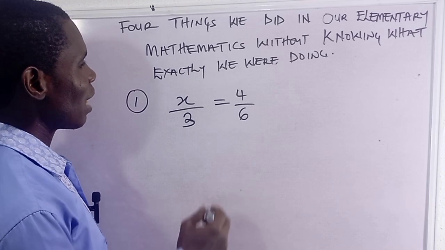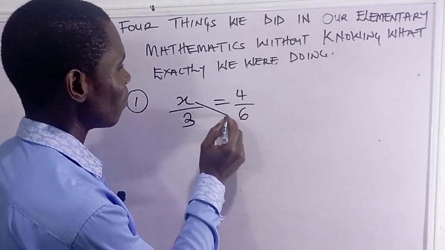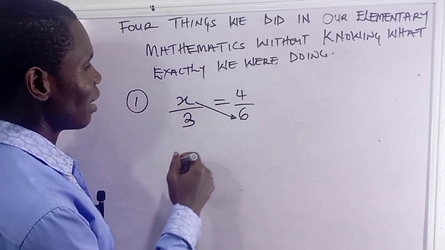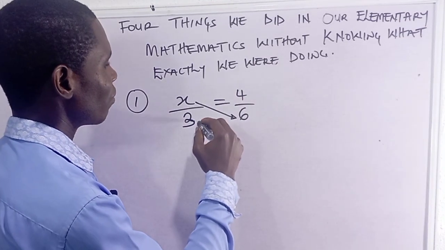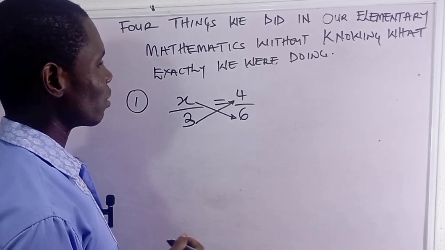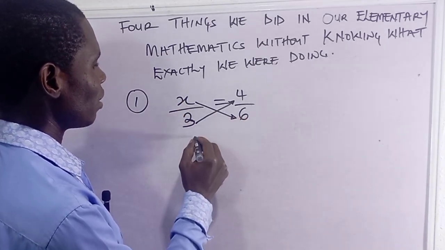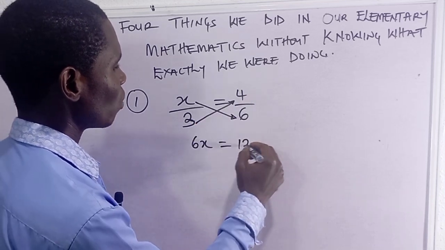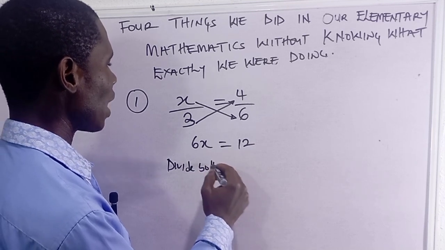When we cross multiply, we multiply the denominator of the second fraction by the numerator of the first. And we also multiply the numerator of the second fraction by the denominator of the first fraction. So what we have here is x times 6, which is same as 6x, is equal to 3 times 4, which is 12, and we divide both sides